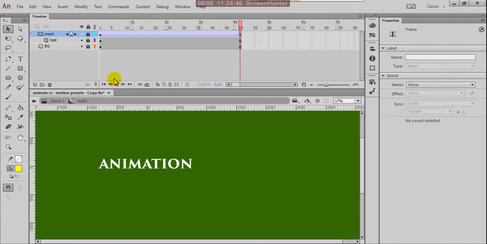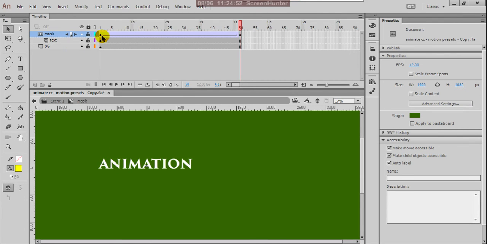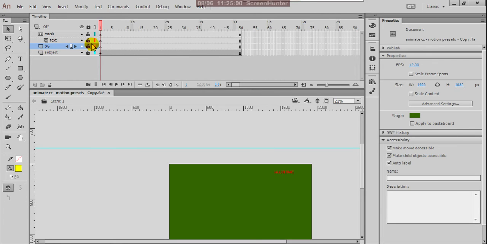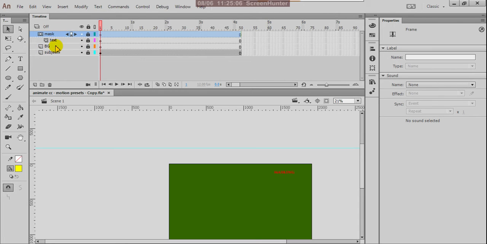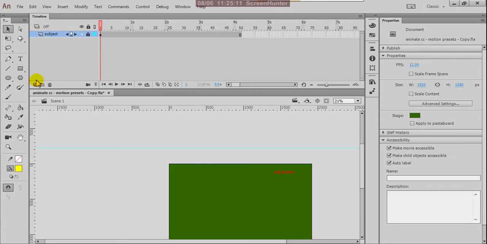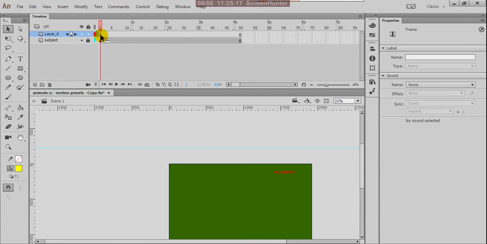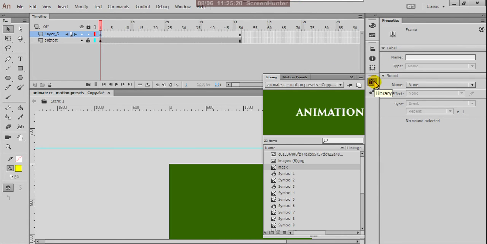Yes, now you are in symbol editing mode. Okay, but here what to do? Come out from the symbol editing mode by clicking this arrow mark. Okay, and already you cut these layers. You can remove these, that means delete. More on that, a fresh new layer you can create. At the empty first frame select that, and from the library you choose your mask. See, this is your mask, we gave this name.